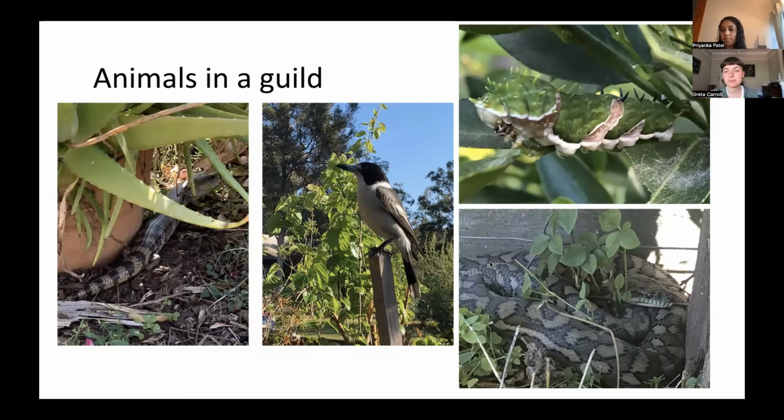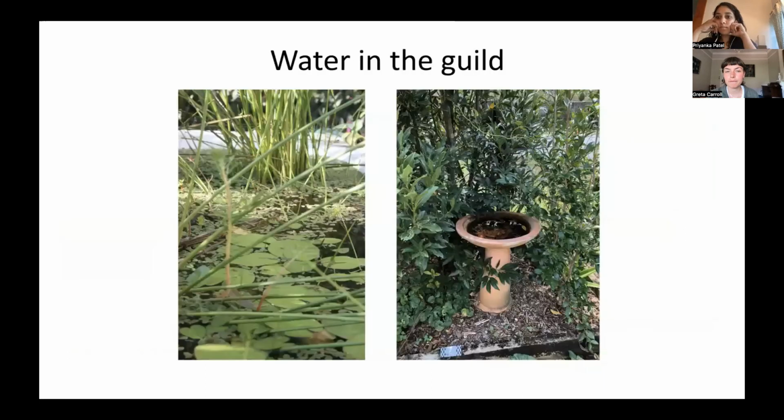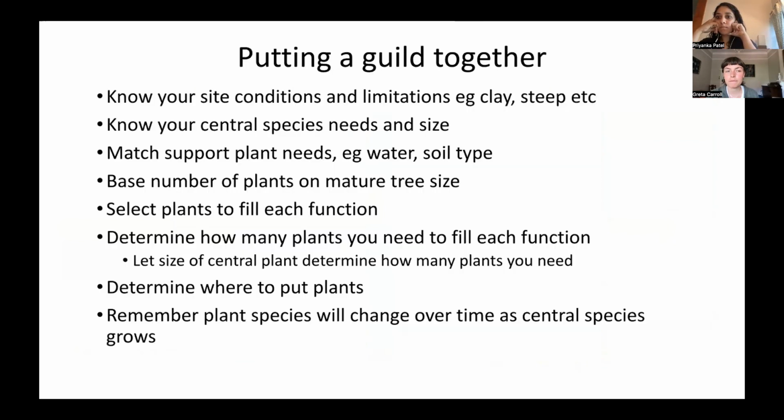Yeah. So basically, I then talked about different animals in the guild and providing habitat for them. So things from your reptiles, birds, insects, and even mammals. And then the next slide, we'll be talking about water, having water around. So insects needing the water cycle and also frogs. Then we talk about how to put a guild together, remembering your site. And then the next one,